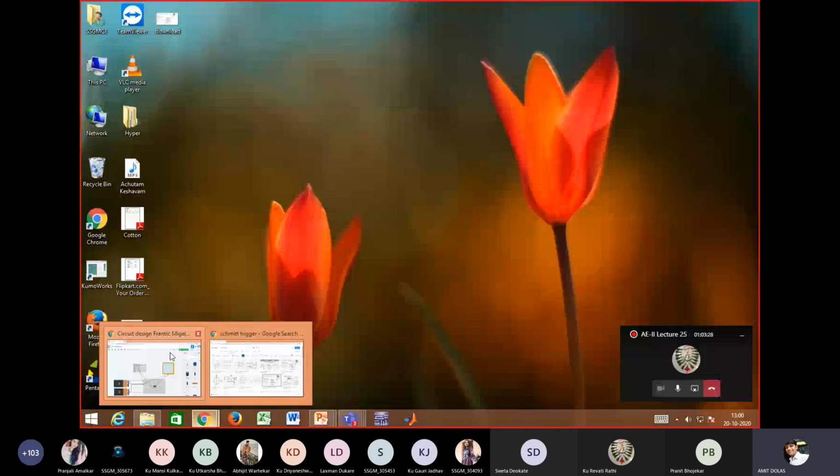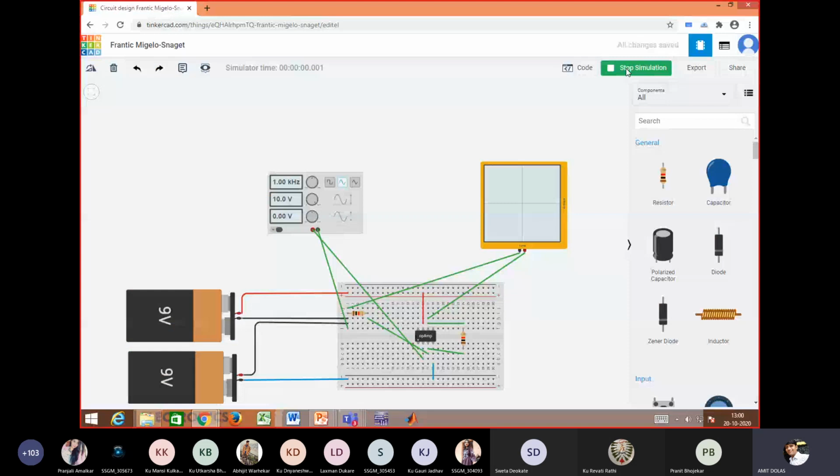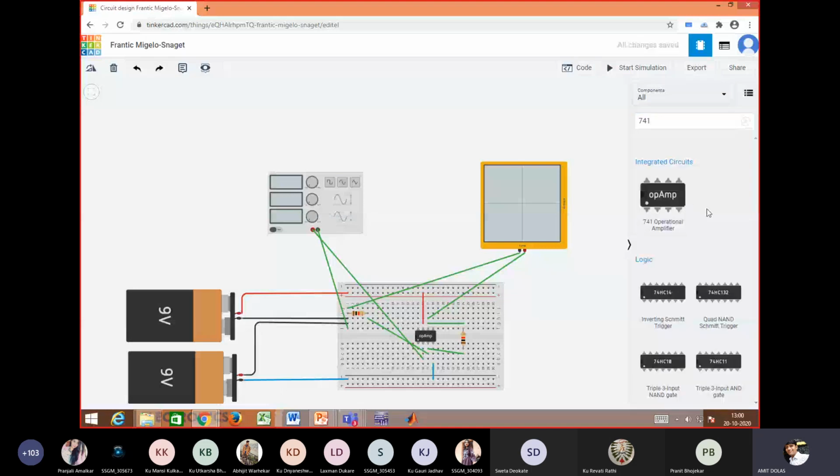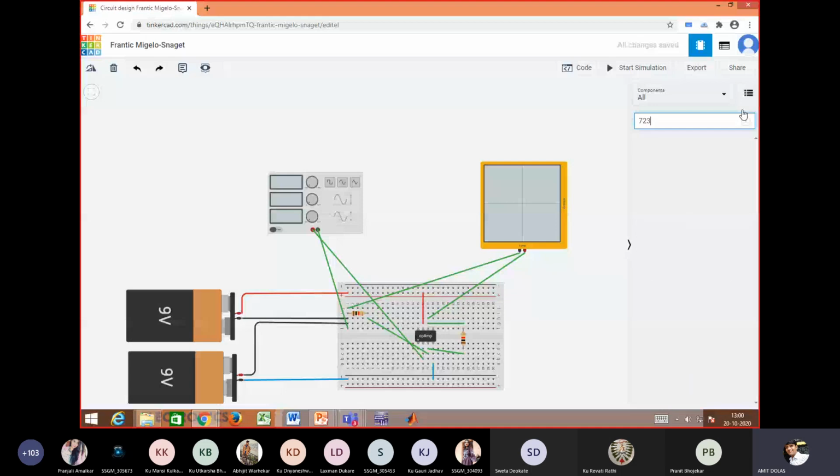It is taking time to stop the simulation. If you search 741, you will get op-amp 741, which we already use in the circuit. But if you search 723, there is no 723 available in Tinkercad.